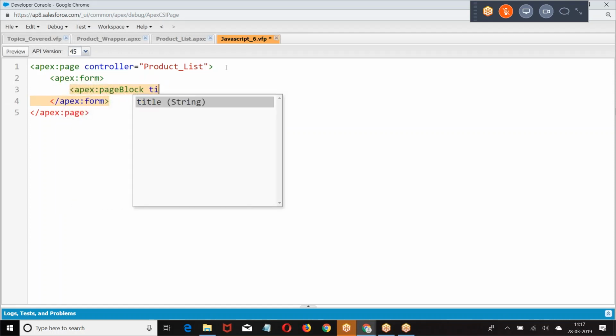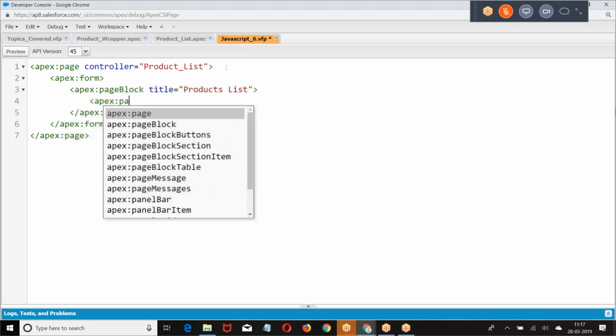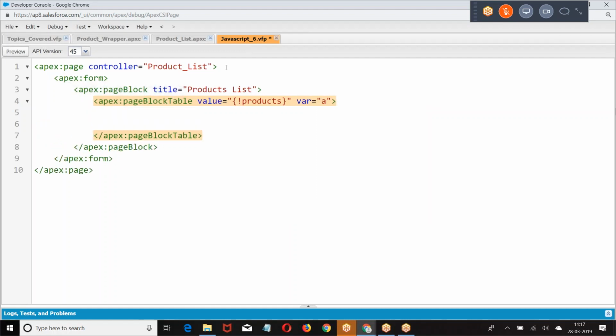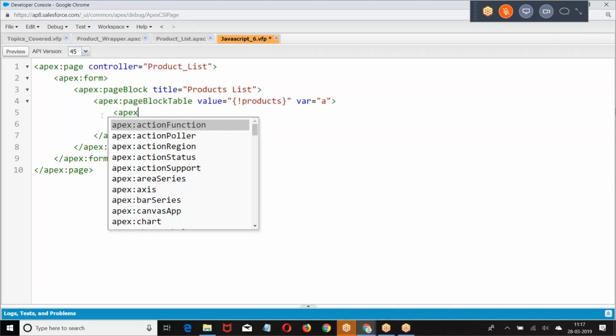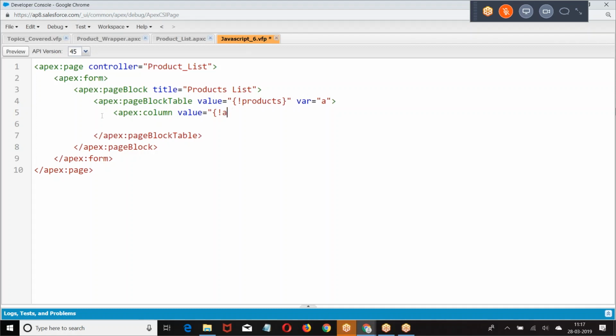Page block. Page block. Products where A, column value equal to, right.